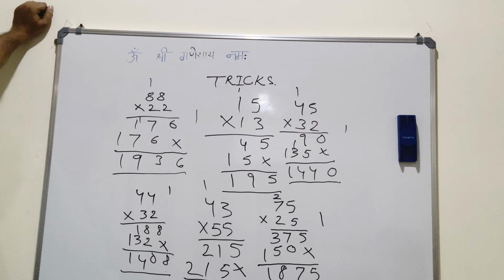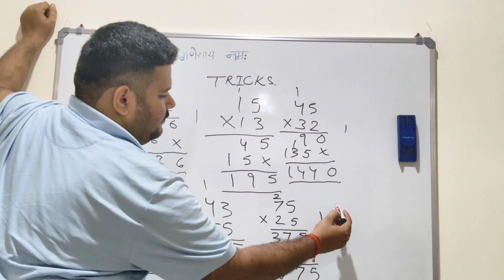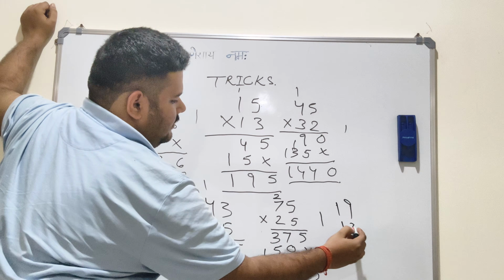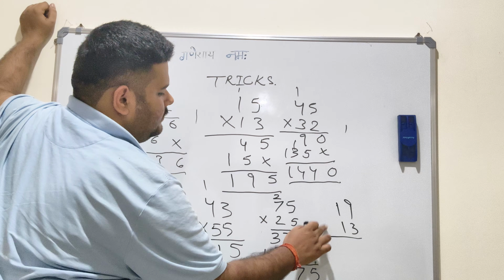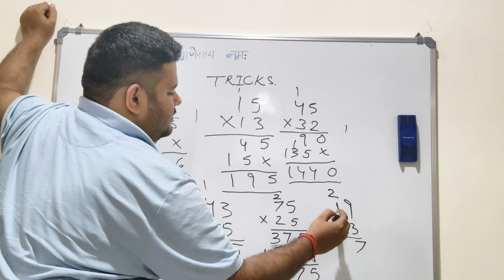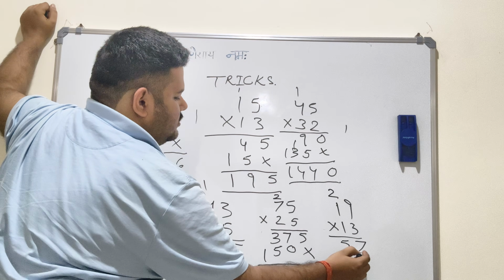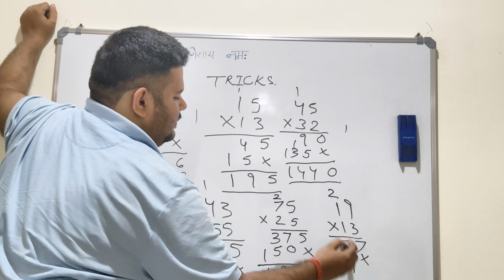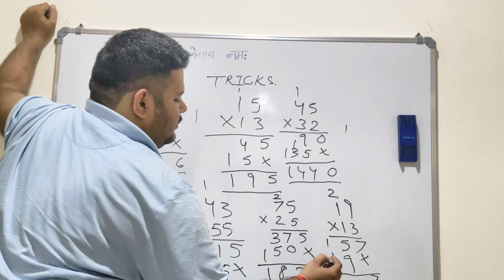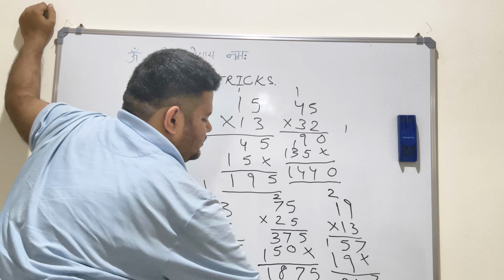Similarly, we go for another example of multiplying 19 with 13. So what you need to do, you need to put a line here, you need to put a cross sign here. 9 3s are 27, 3 1s are 3, 3 plus 2 is 5, 9 1s are 9, so you need to put a cross sign here. 9 1s are 9, so you need to write 9 here. 1 1s are 1, you need to write 1 here. So 7, 9 plus 5 would be 14, you need to write 1 here, 4 here, and you need to add 1 plus 1, that is 2. So 247 is your answer.